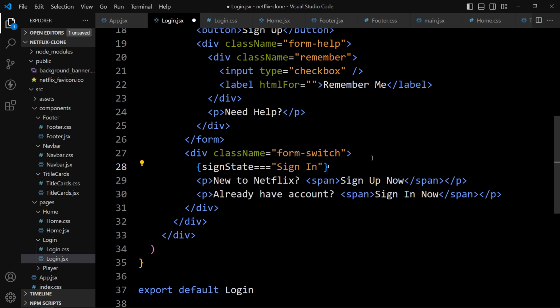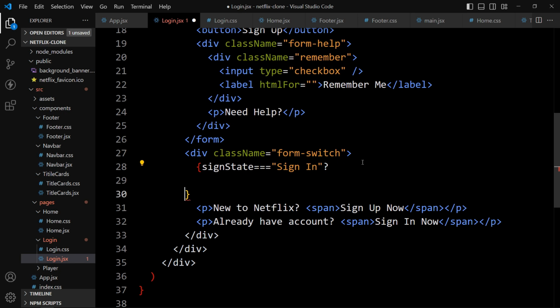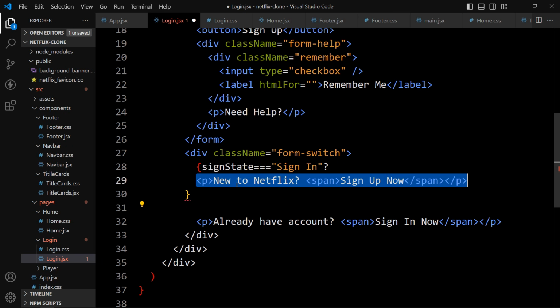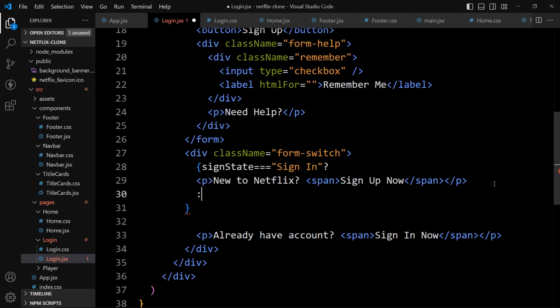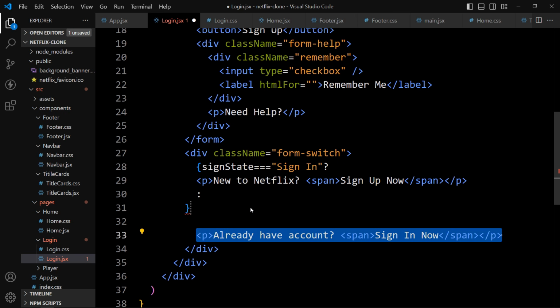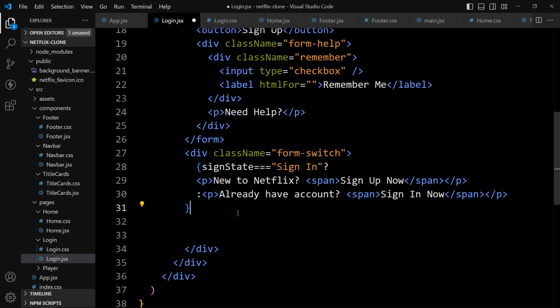If the state is sign in, question mark, in that case it will return this text which is sign up now. Then we'll add colon, and if it is false, then it will return this message which is already have an account, sign in now.